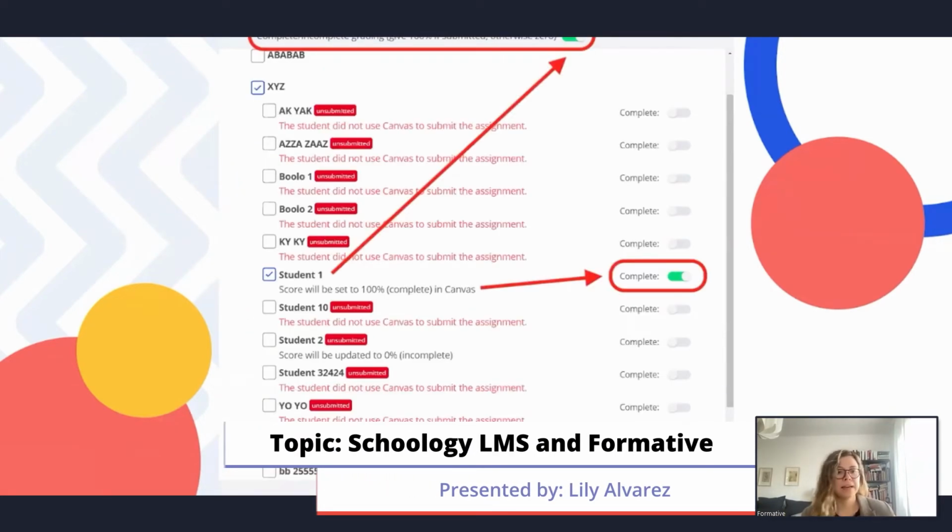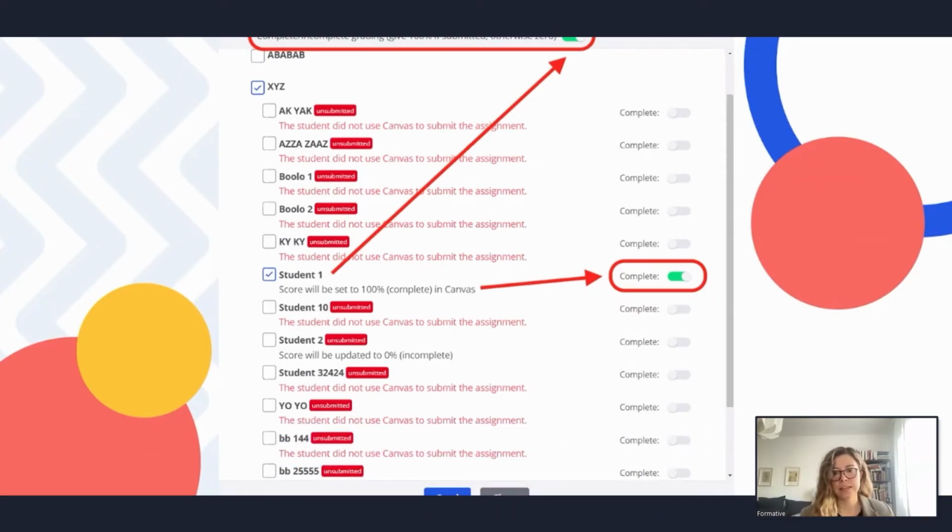And the last step is that you can enable complete or incomplete grading. That's now an option. It wasn't before, now it is. And when that is enabled, it gives 100% to students who submit it. So teachers can also manually adjust the complete and incomplete status prior to passing back the grades. So this is right here at the top. So you can just toggle that. And as you can see, you'll be able to see